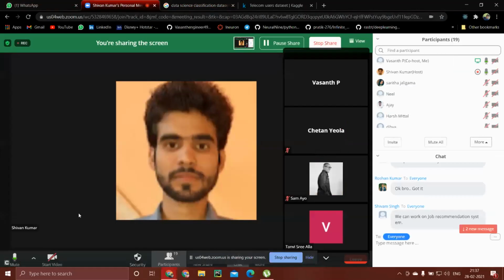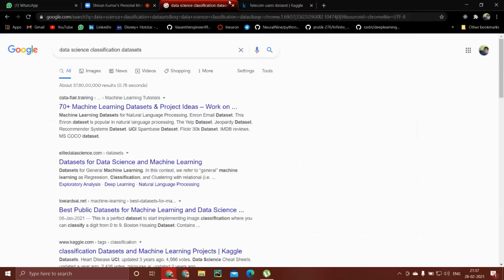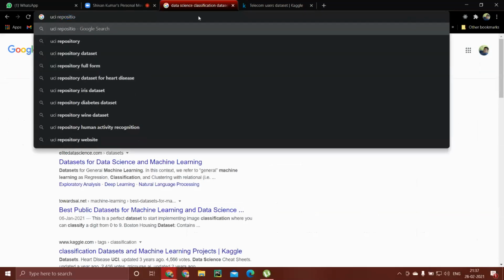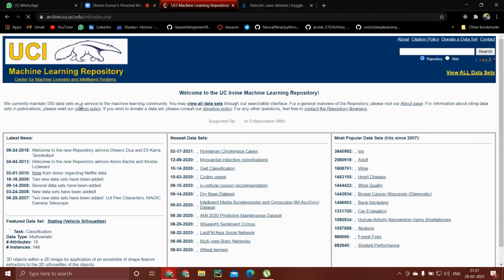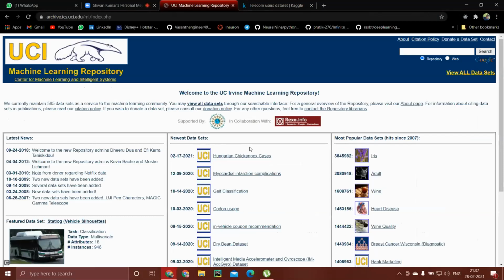This is also a way. There is also a repository, a different one, where you will get a lot of data sets again. I used to get a lot of data sets from here, based on your personal interest. So this is how I used to search data sets, guys.